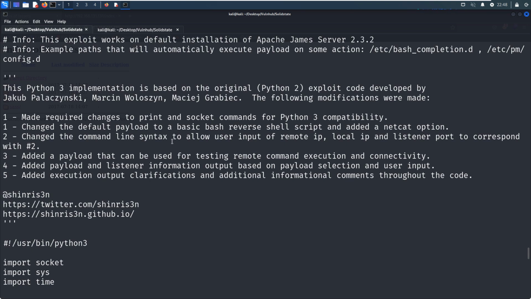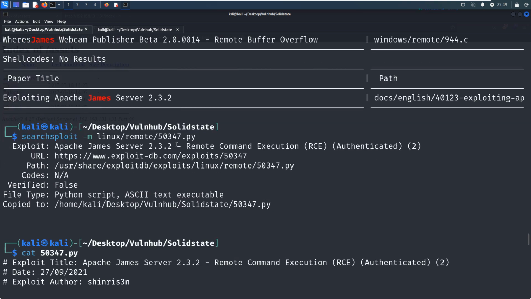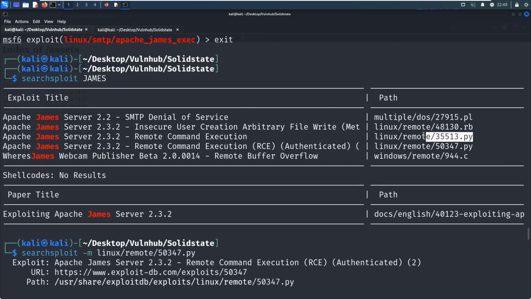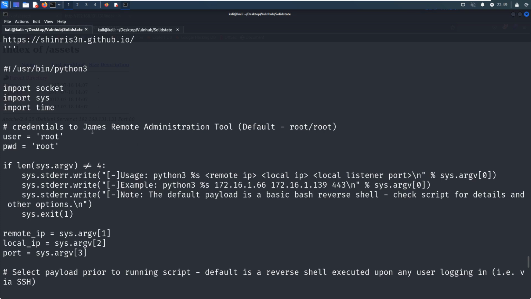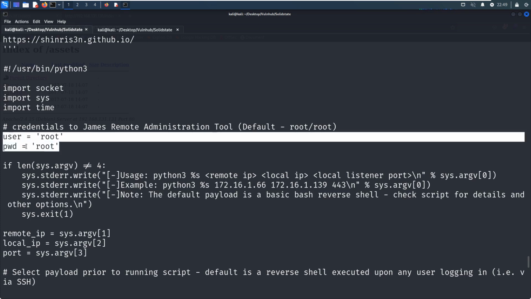So this exploit is written to upgrade this one. Yeah, this one should be built on Python 2, and the username is root. I think this credential does work. Just now we already knew this point when we tried to use Metasploit, right?